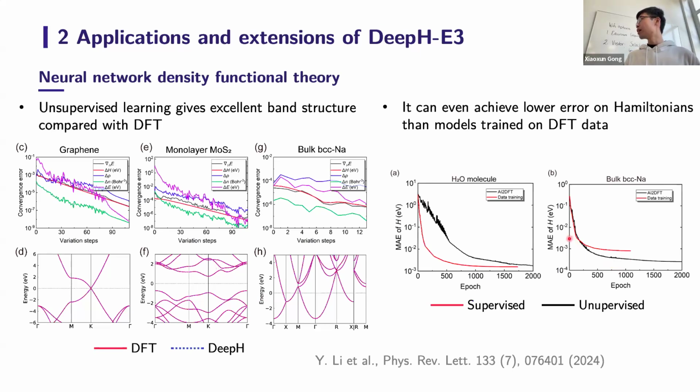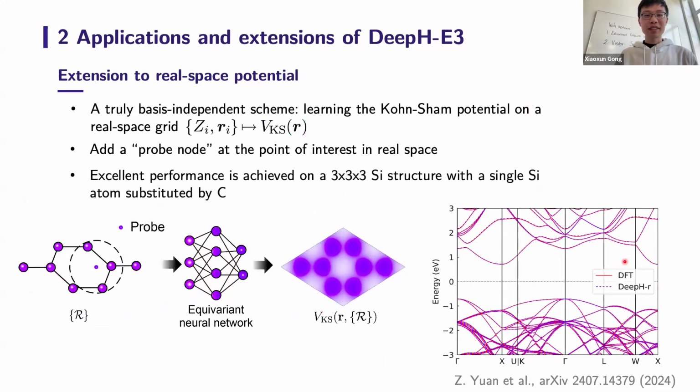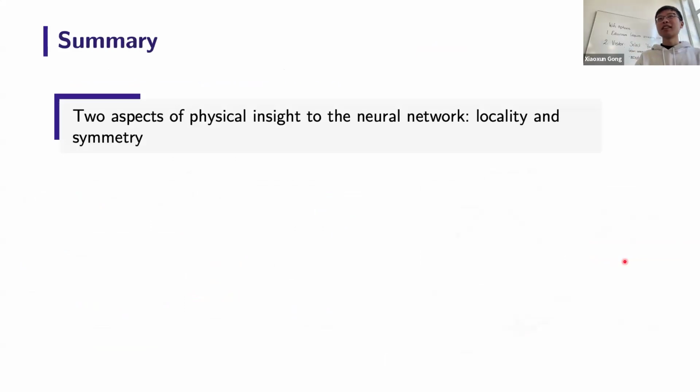On this water molecule system, it's on the same level, but for the sodium structure, the error of the unsupervised learning is indeed lower. So this means that unsupervised learning is actually giving the neural network more information, maybe some deeper information to learn, and then it will help the neural network get better prediction results. All right, and since we are out of time, we can skip these two slides and just have a brief summary of our method.